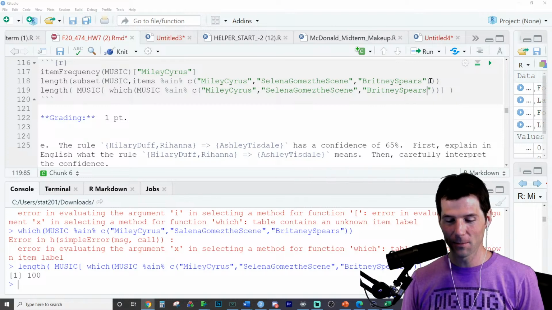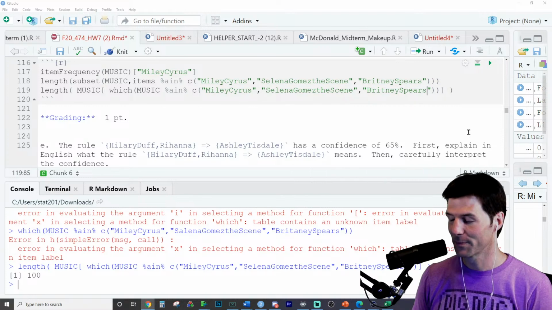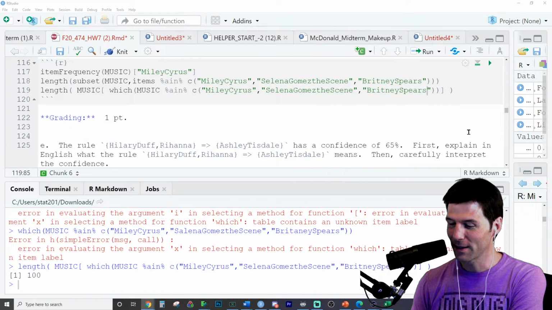Smallest of typos, I make them too. Code crashes, nothing works. That's the way it goes. What else do we have cracking me up today? Let's go take a look.